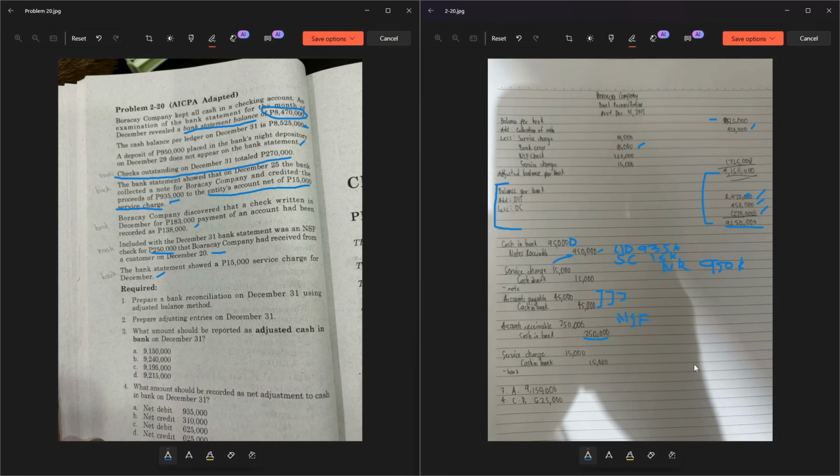So, ayun nga, common mistake yung nagawa ko kanina na binawas ko siya sa balance per bank porque cash in bank yung nakalagay. Pero ang tandaan nyo dito sa number 4 kay net adjustment to cash in bank on December 31, ang hinahanap dito ay yung POV ng book. So, syempre, hindi naman nag-a-adjust yung bank. So, minsan nag-a-adjust sa mga error. Pero dito, mostly, sa mga questions, ang hinahanap talaga dyan is yung POV ng book. So, ayun. Ibabawas mo yung adjusted balance mo